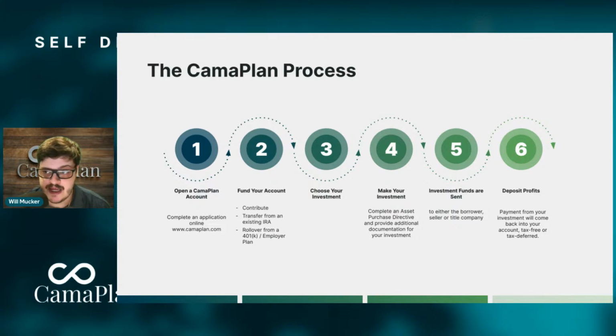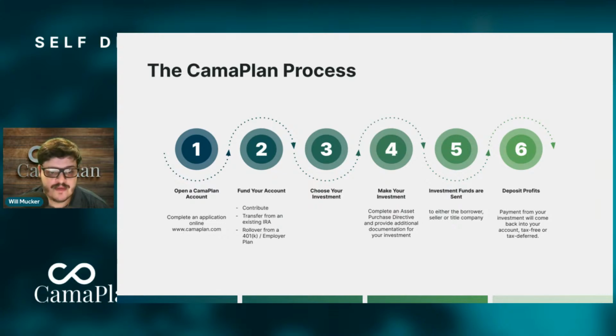The account you open at Camaplan will need to be similar to the account that you plan on funding it from. So, for example, if you have a traditional IRA at Schwab and you want to use that to self-direct, then you would need a traditional IRA at Camaplan or another tax-deferred account that can accept those funds. Then the way you fund your account, there are three options. You can do it via contribution, transfer from an IRA, or rollover from an employer plan. In that same scenario, if you opened up a traditional IRA at Camaplan, you would want to do a transfer from that existing IRA. You fill out our transfer form, and we actually go out and request those funds on your behalf